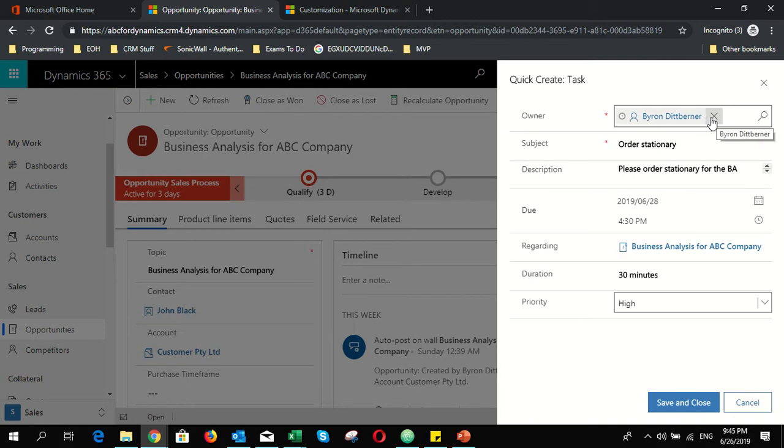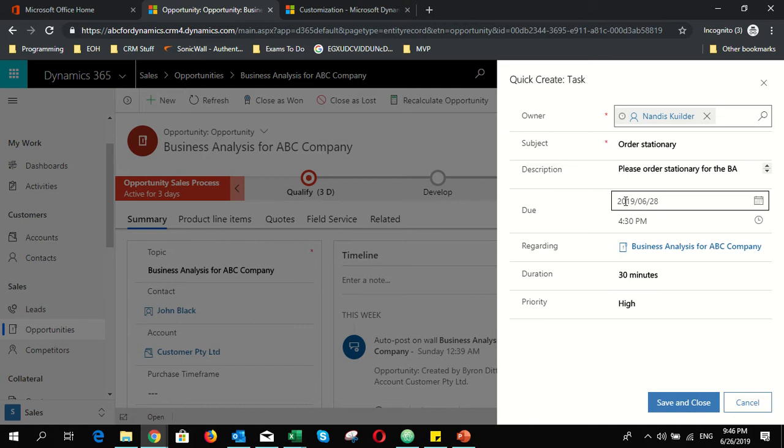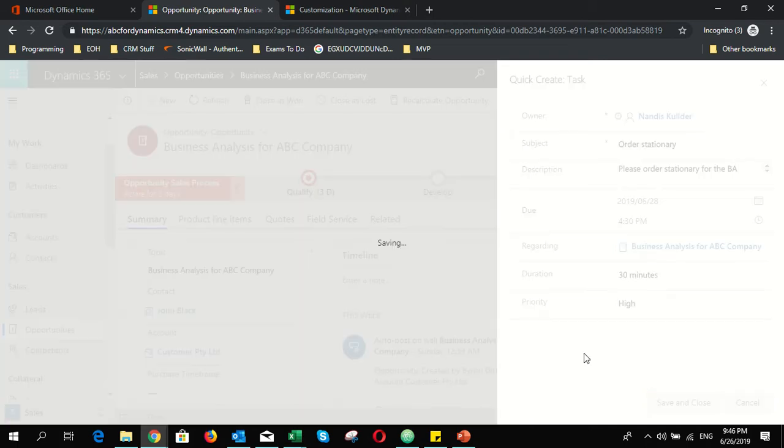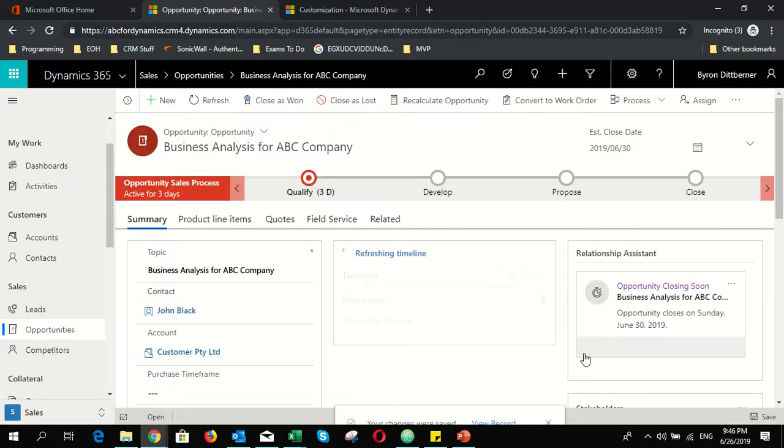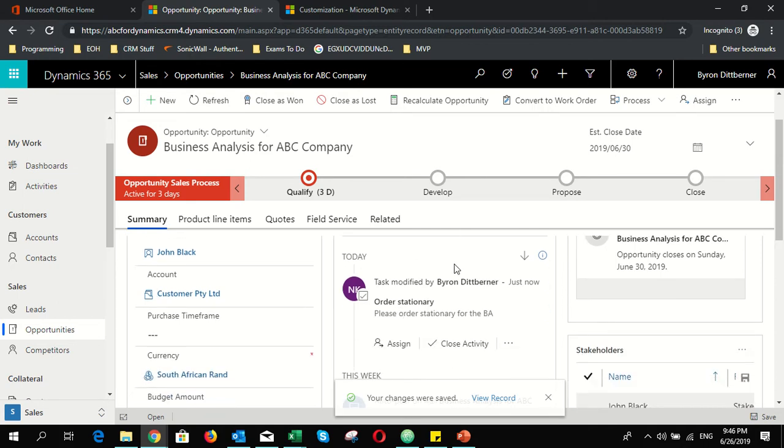But on the top here, I'm going to remove my name, and I'm going to put Nandis, okay? Let me spell it correctly. Alright, so this is the name of a coworker, and then save and close. Okay, now watch what happens. You see in the task pane in my timeline over here, I will be able to see that I've actually assigned a task. Now when Nandis goes into his dashboard, he'll be able to see tasks that have been assigned